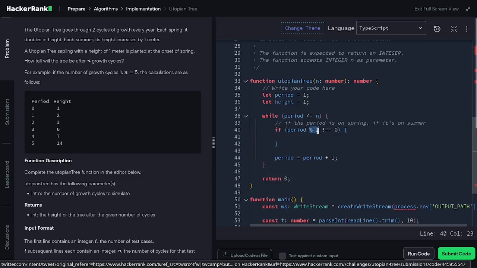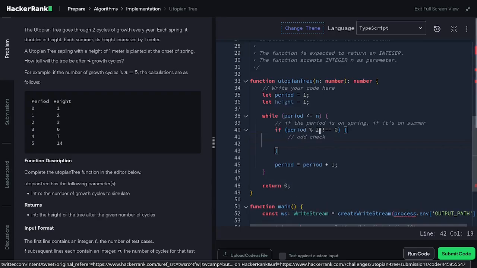The modulo check of modulo 2 only applies to even numbers, such as 2 divided by 2, or 2 modulo 2, where we have a remainder of 0. Then of course this one is not eligible because it is an odd check. And if it equals 0, then it is an even check, which is the opposite of the odd check. It is applied on periods of the number 2, 4, 6, 8, and so on and so forth,